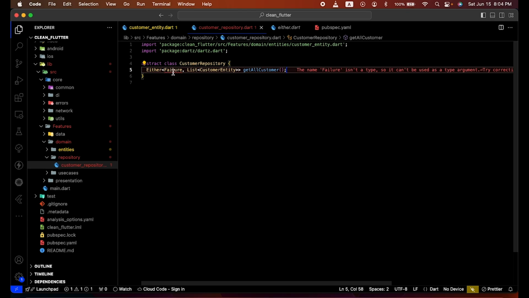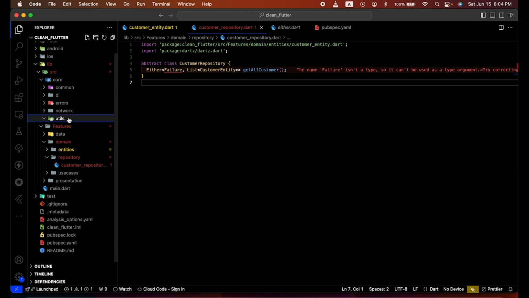This is the left side, because we are going to define a global one to use for all of our network calls. Otherwise this is going to be a lot of code duplication. So what we're going to do, we're going to go to utils, then we're going to define